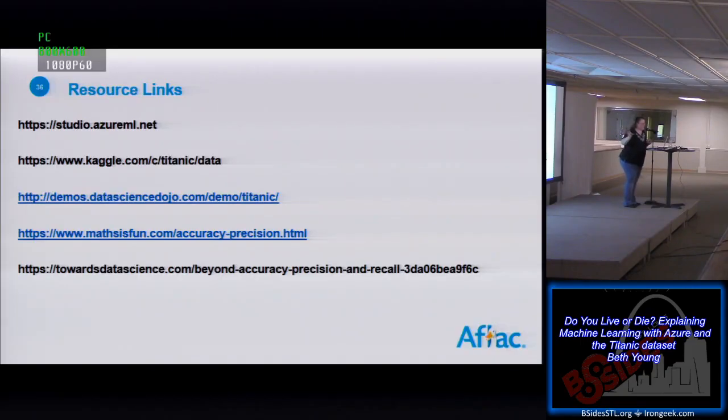So, all right, links. So here's the resources. So if you want to try to play this on your own,